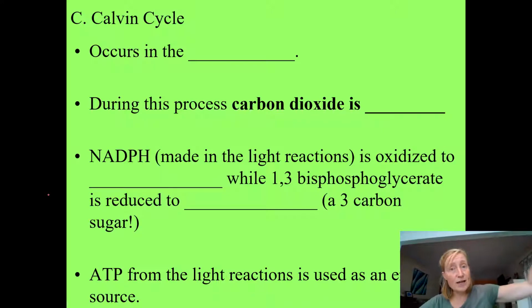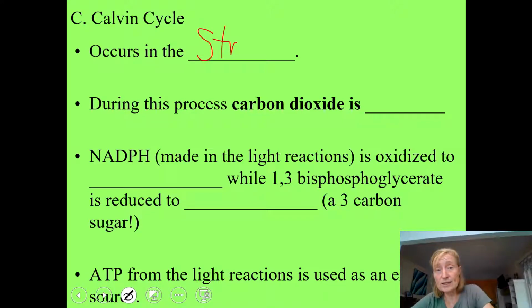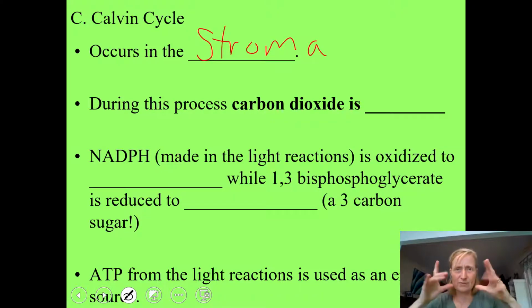So the Kelvin cycle is what follows the light reactions. Remember, in the light reactions, light energy was used to make ATP and NADPH. Water was split in the process. Now, the Kelvin cycle occurs out in the stroma. So we're still in a chloroplast, but we're in that fluid matrix, that fluid-like material outside of the